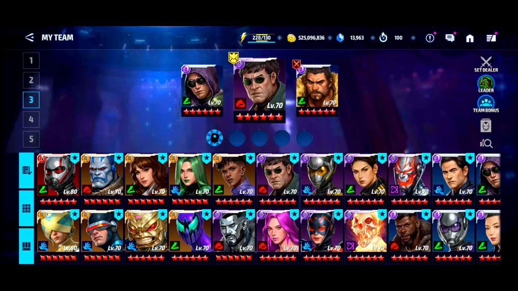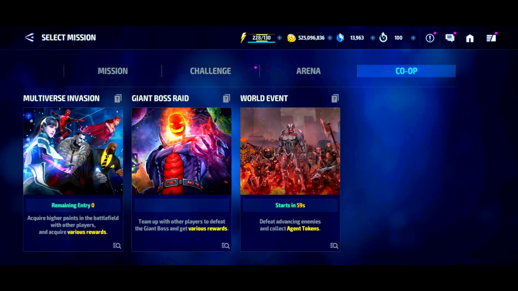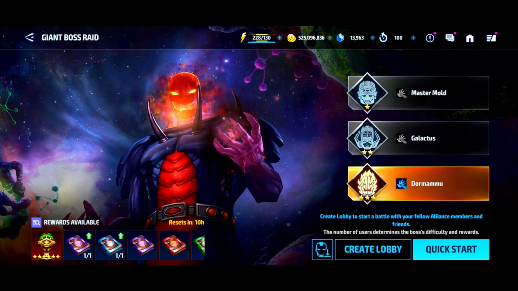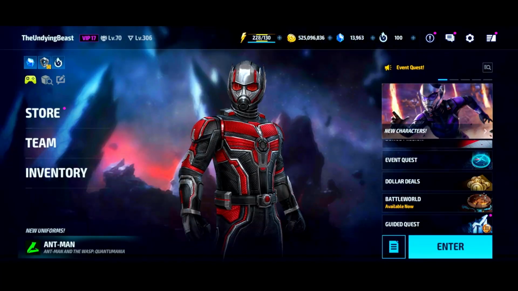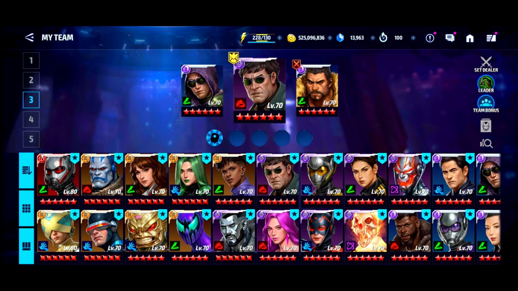But that's not all. There's also Giant Boss Raid. Green Goblin's tier 2 passive and leadership combination is now going to be available for Giant Boss Raid, and that's going to be a big help for some of your villains. And all of that is assuming his damage as Red Goblin is mediocre. If his damage as Red Goblin is amazing, he's just going to be even more of a must-have character,